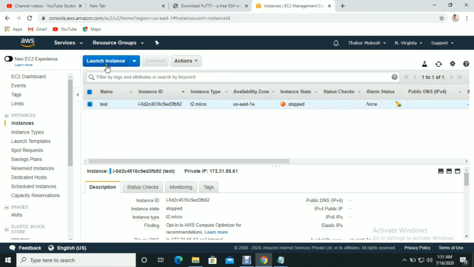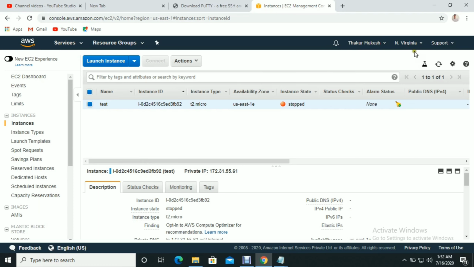Before you click Launch Instance, you should understand which region you are creating your instance in. Region means something like a country. I will explain what a region and a zone are in the next video, so no need to worry about that one.